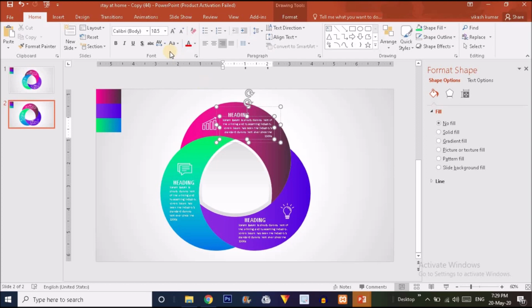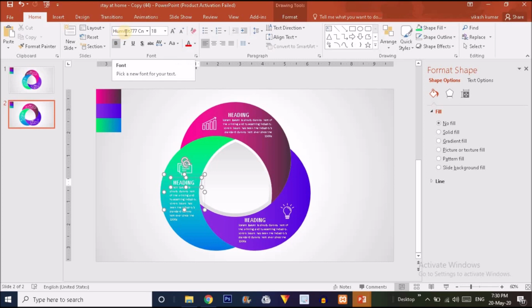So here you can see I'm using Calibri body and the size is 10.5. So this is the type and the size for all three text groups, and for the heading I'm just using this style, and the font size is 18 for this.